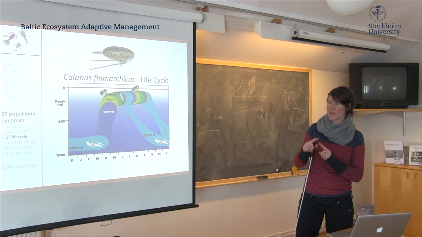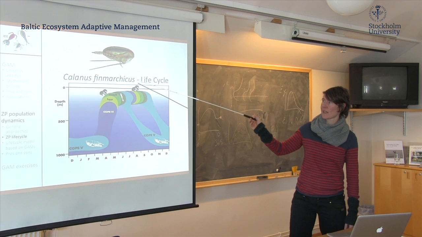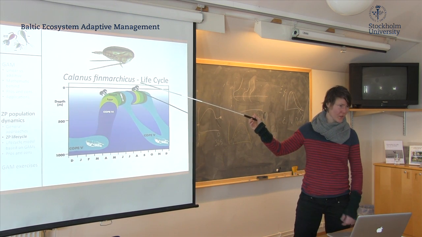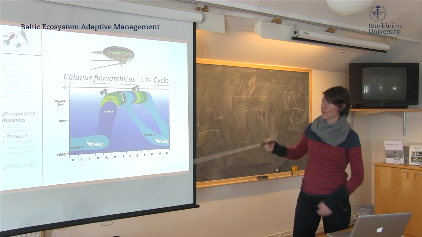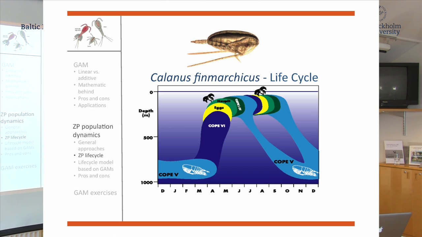How this life cycle unfolds over the year depends really on the species. This is an example of Calanus. I think Oyvind showed a picture of the life cycle yesterday. You see that in winter you have a lot of copepodite 5 stages. Then they mature in March and April. They spawn, and then you have one cohort at the beginning of spring, and part of the copepodite 5 stages